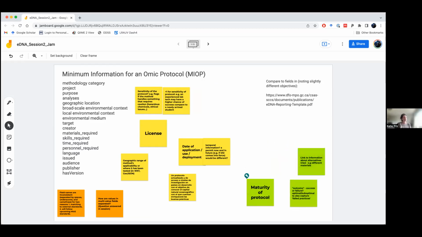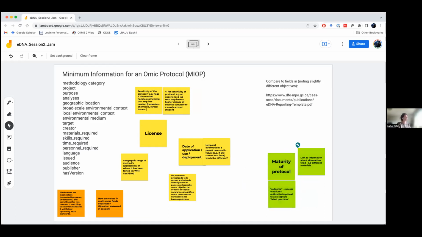So I think in the beginning we talked about the need and the want for a decision tree, and I think this infrastructure is what we wanted to help us get there. So what are the terms we need to create that decision tree? These terms we can pull out of different protocols to make the decision tree itself. So no, we haven't made a tree yet, but we're trying to build the framework. I think the first step was to make very visible exactly what everybody's doing and organize it effectively. Then we can have a better discussion about the best practices based on that information for different regions.